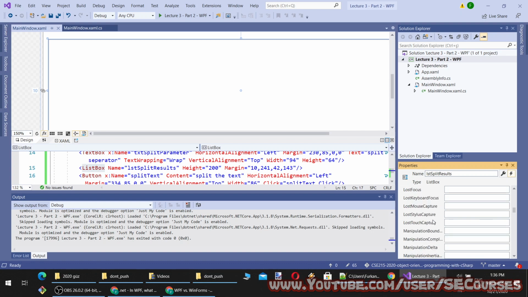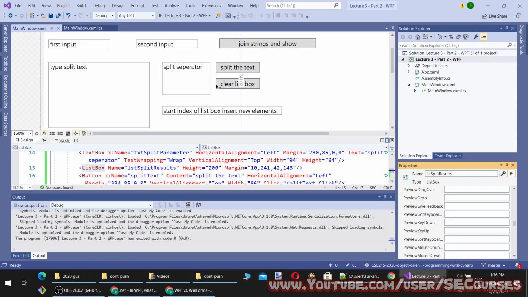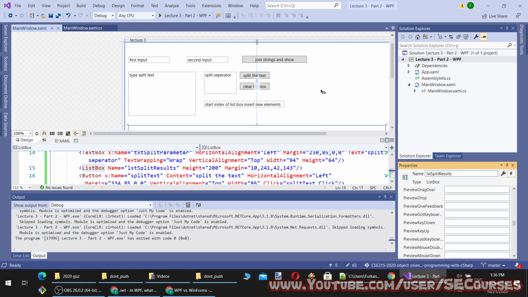Okay, so when an element of the list box is selected, I will make appear a text box and a button to update that selected element of the list box.